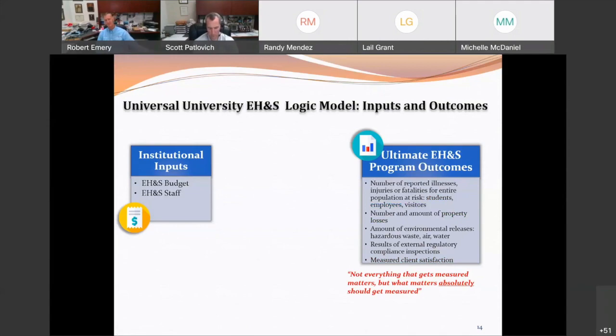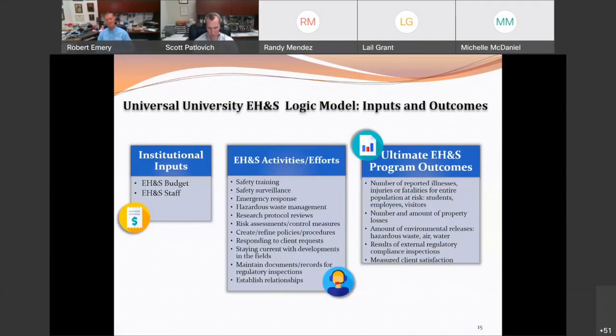And that's those items that I just described for you. Now, this middle column is all the activities that health and safety undertakes in hopes of achieving those outcomes. And this is a subtle difference that Scott will speak to: the key performance indicators are really the ultimate outcomes, the performance of how the safety program, holistically, did for